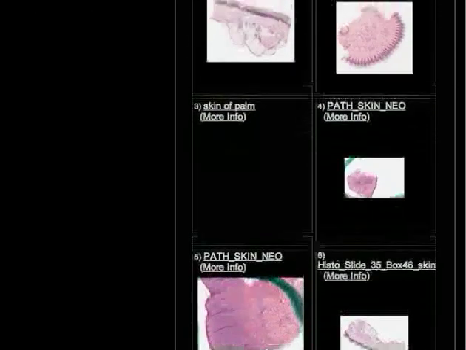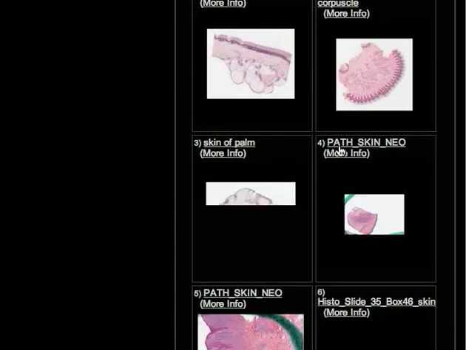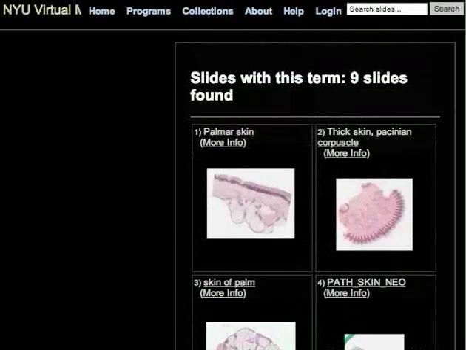It's important that you be aware that any of the slides that have path or neo, path stands for pathology indicating they're abnormal, and neo is neoplasm indicating that it's cancerous. This particular slide collection includes both normal and abnormal histology, and you should probably emphasize the normal histology. Here I'm just going to select this particular piece of thick skin,